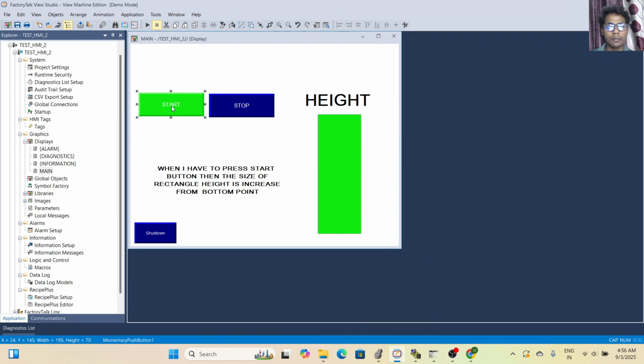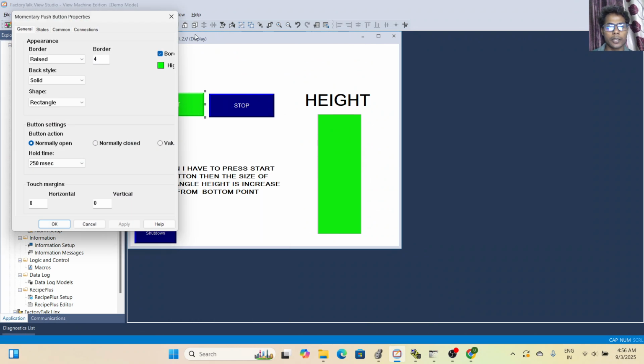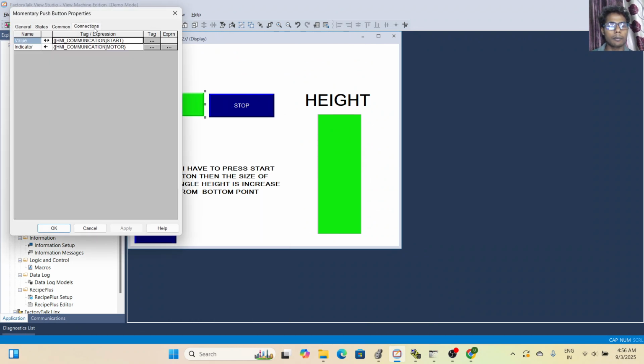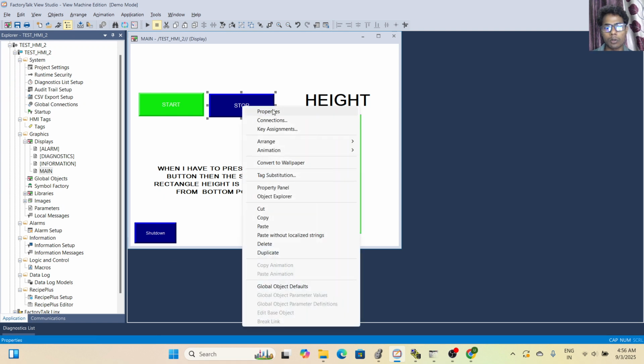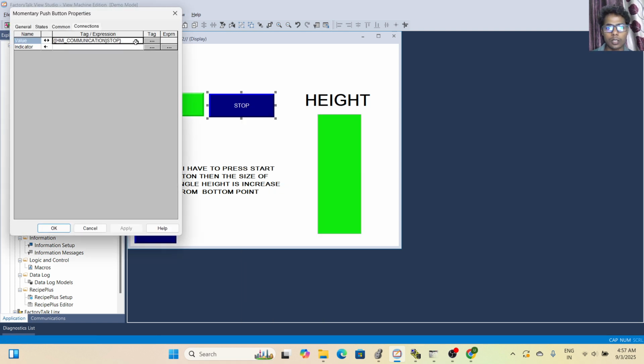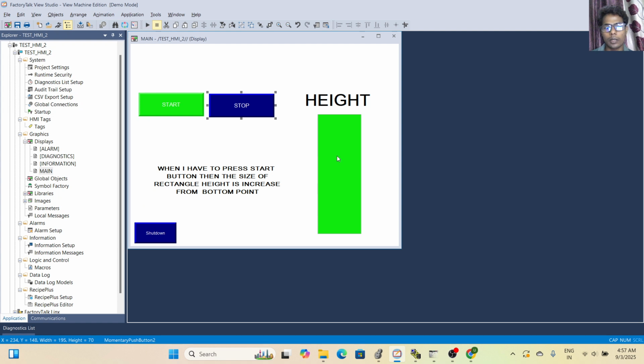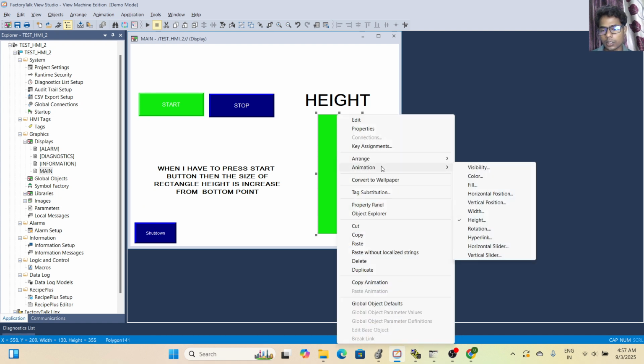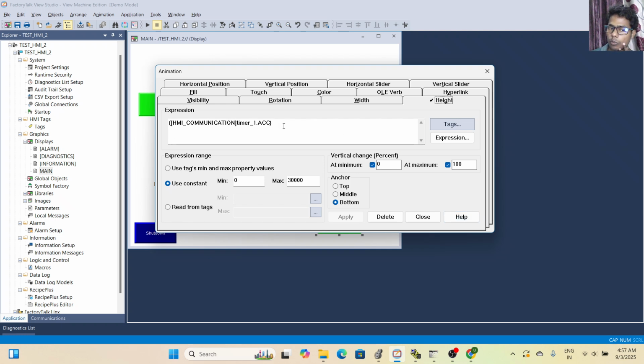In the start push button there are properties, and now we go to the connection, such as HMI communication start. I apply it, and I also apply it on a stop push button. I also give animation on it, like height, with the timer accumulator, using the constraint 0 to 30,000, from 0 to 100, from bottom, meaning it will increase from the bottom.